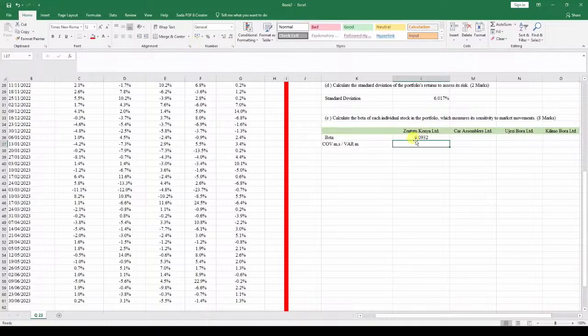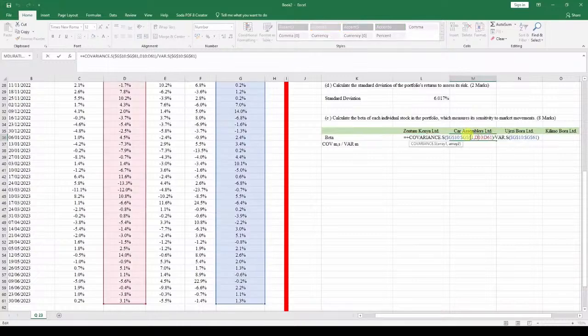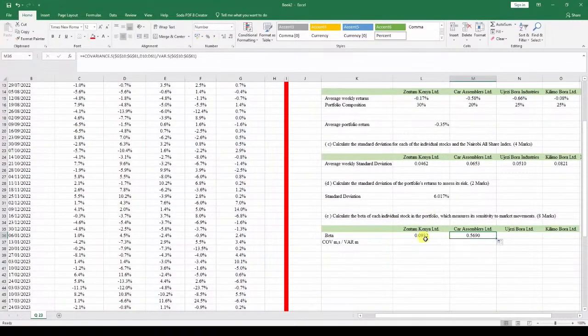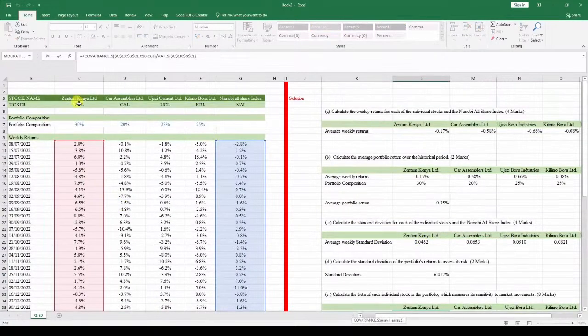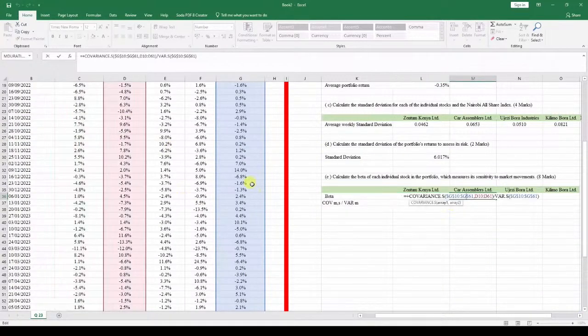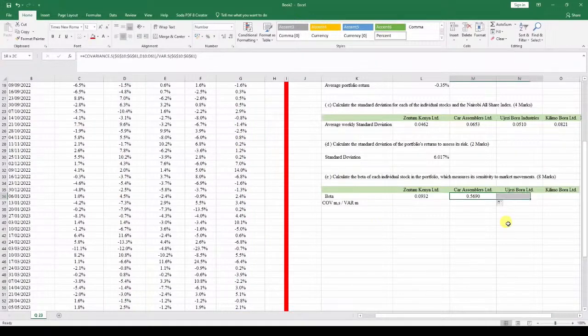And if you were to drag it towards the right, let's just confirm. Covariance, remember we have locked, that's the purpose of locking. This one, covariance of the market. Look, this one has moved from initially Z term to now car assemblers. You can check the previous one over here, escape, you see it is currently at Z term. Now we move on to the second one, it actually picks, but this one remains, the variance of the market remains, the covariance of the market remains. So we can say that the model is foolproof.